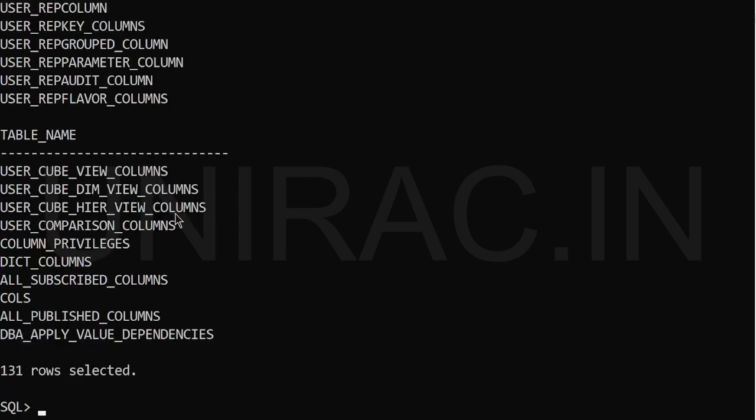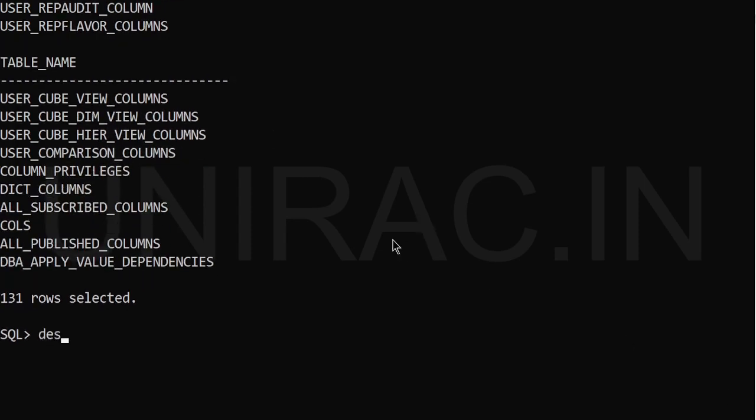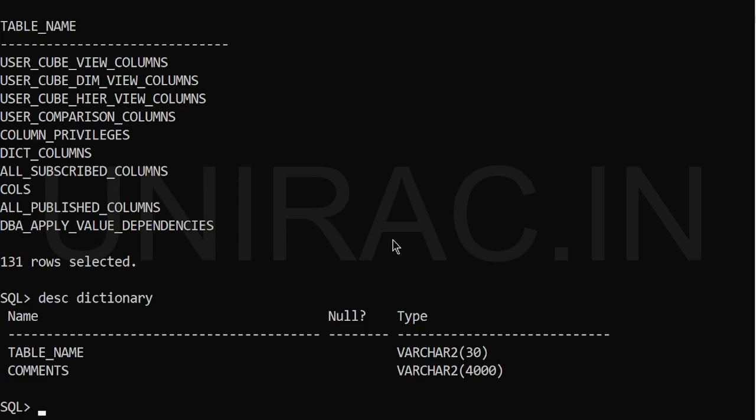So this dictionary table which we have will help you to find all the dictionary tables. If you're finding difficulty finding the exact name of your dictionary table, you can search from the dictionary table, or to list all the dictionary tables, you can search from the dictionary table.